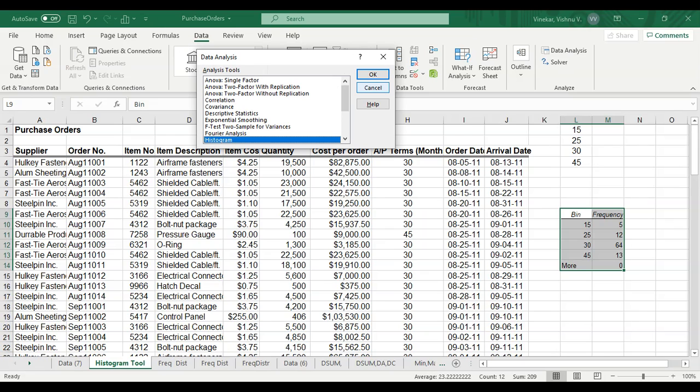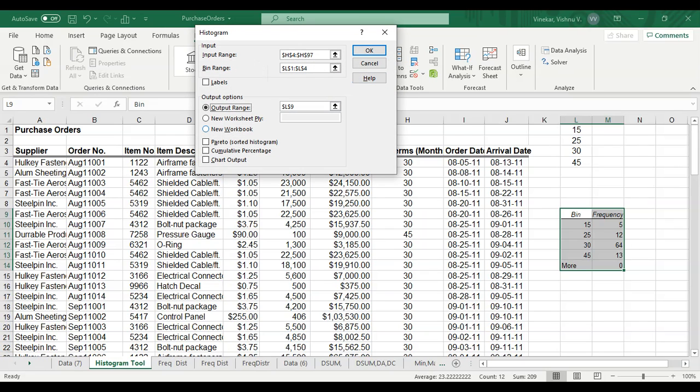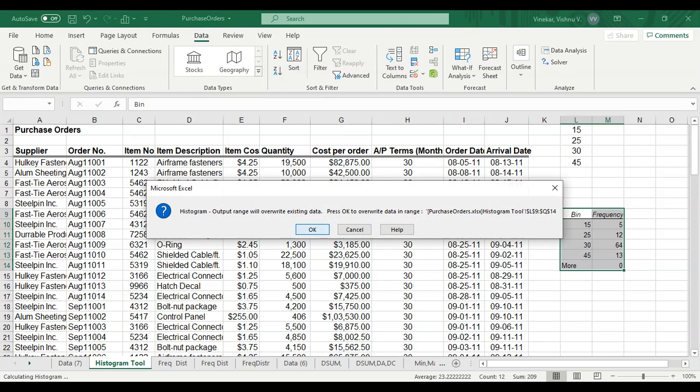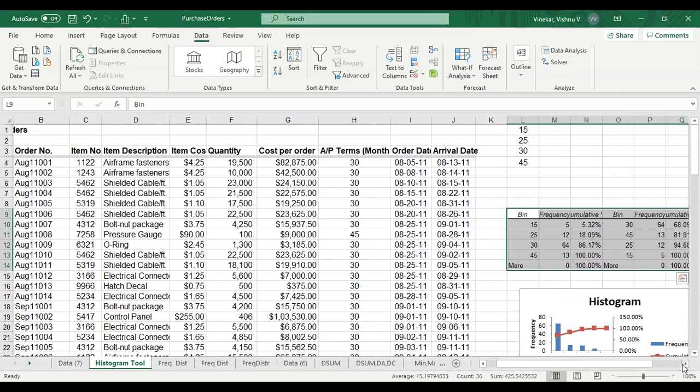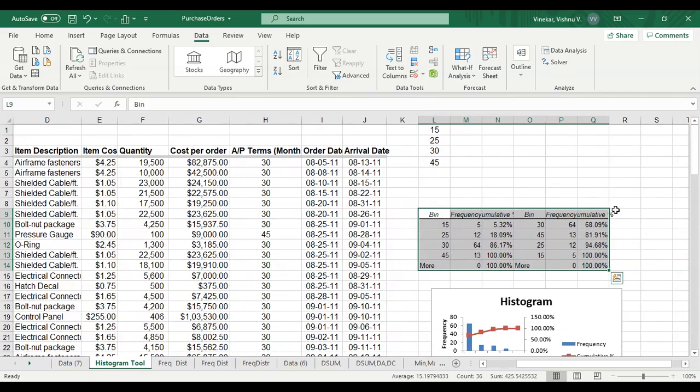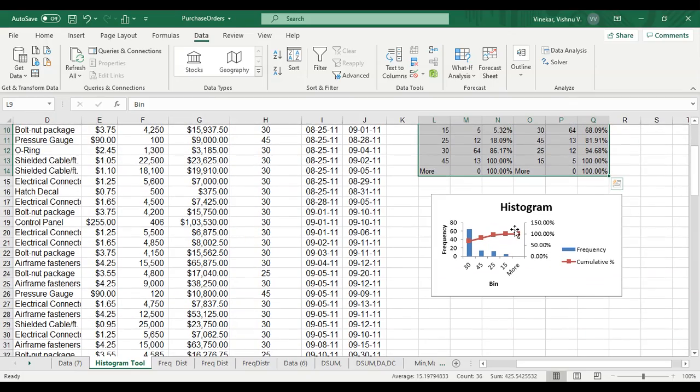Now I can also choose the other options that they had here. Like I can do a Pareto analysis, I can do a cumulative percentage, I can put in chart output, and I'm going to overwrite the data. So here I get a cumulative diagram, cumulative distribution, a histogram,